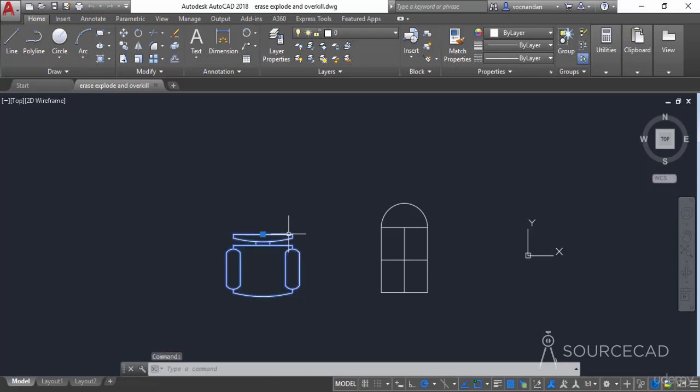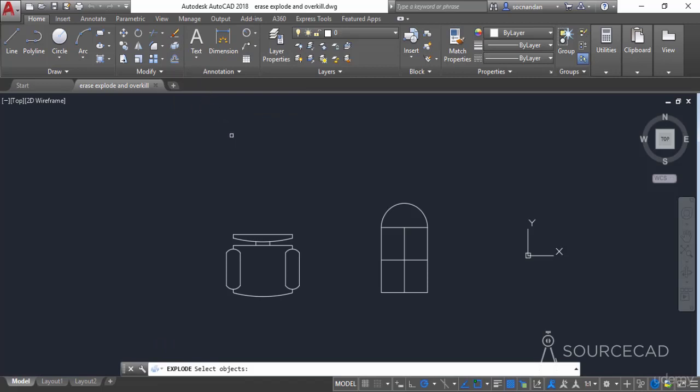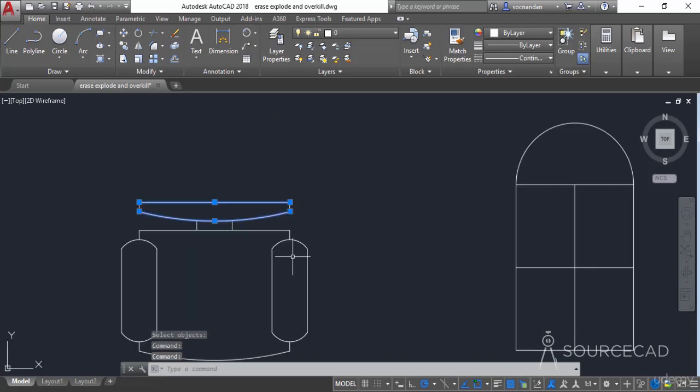In this case, we have this block, and when you click on this block, we'll find that here we have a single grip and it's completely behaving as a single object. In order to break it into different parts, simply select the explode tool, and here we have this explode tool. Select the explode tool, click on the object and press enter. And now move to this object, and you'll notice that now it has been reduced to its separate units. We can now select all of these objects separately, even though it was a block initially.